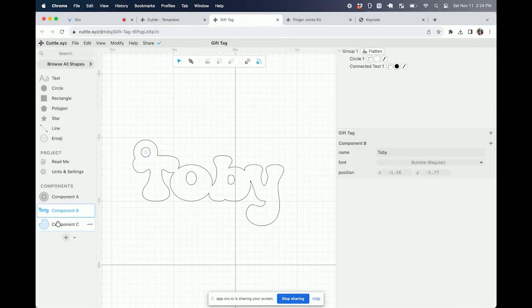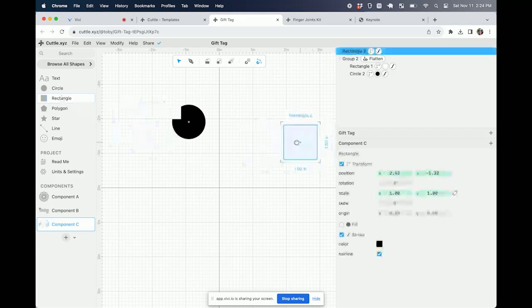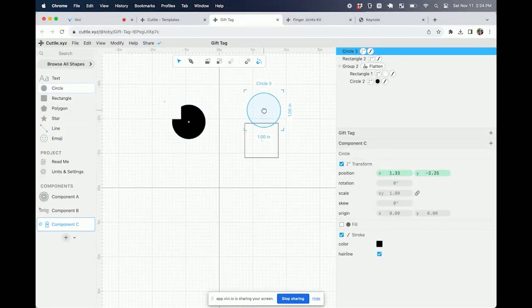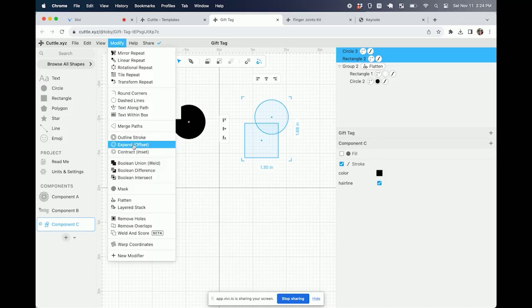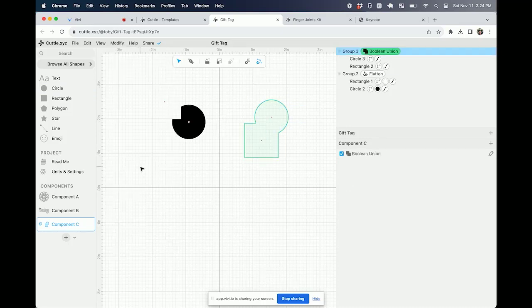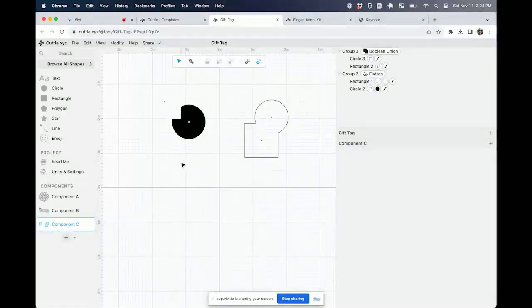So it'll just work the same way it would in Illustrator. If you have multiple shapes and I want to weld or union those, it's just multiple ways of doing the same thing. So it depends on maybe what you're doing or just what workflow you prefer. Definitely as things get more complicated, I like to use the flatten because I can